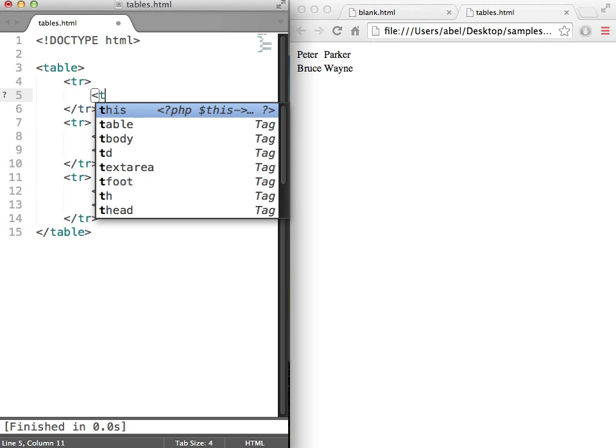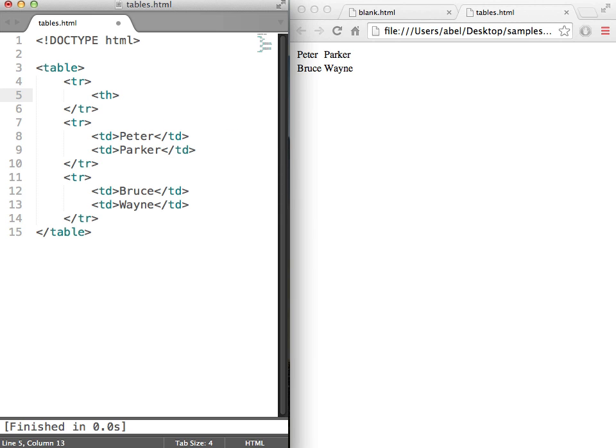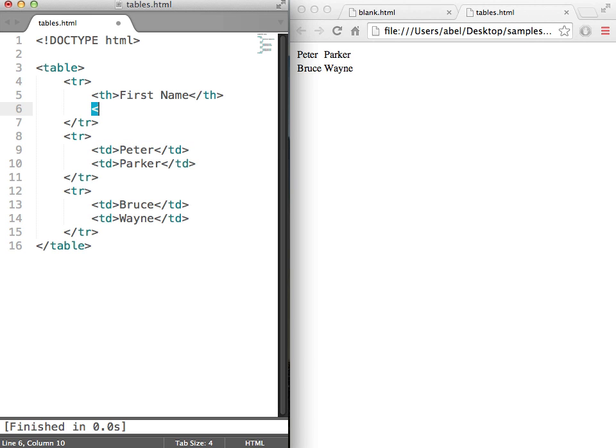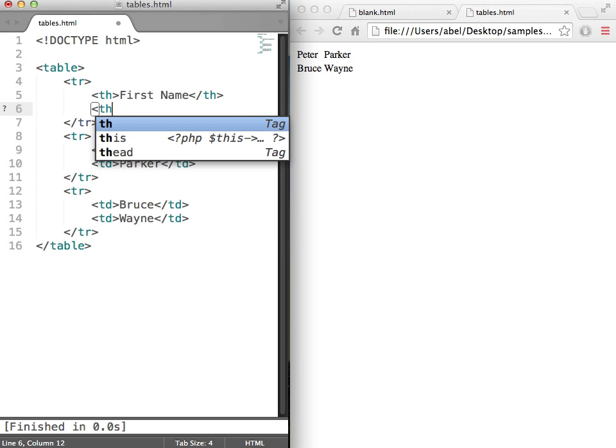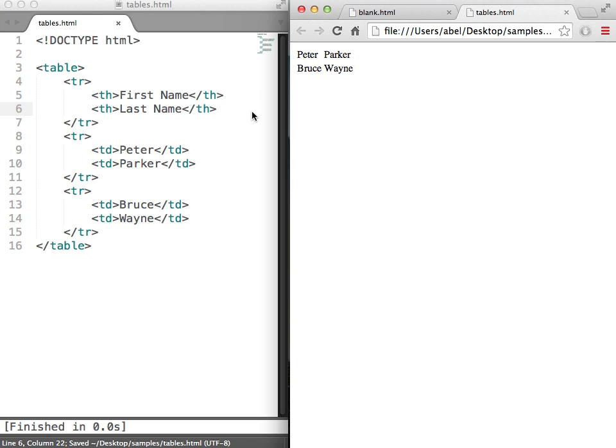Let's go ahead and enter the cell header, and this is th, and we're going to write first name to indicate that that first column is where we will have the first name. Then we will do th again to enter last name. Let's go ahead and save that, reload the page, and you can see there that now we have headings for